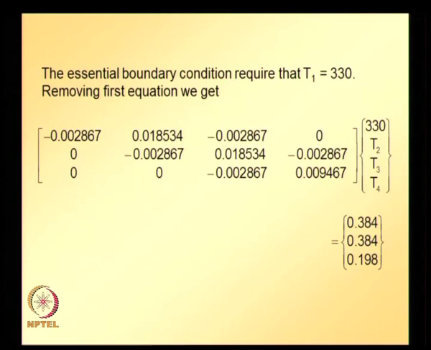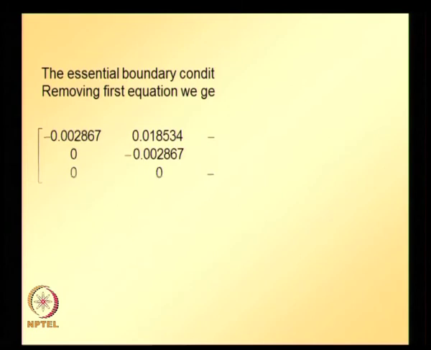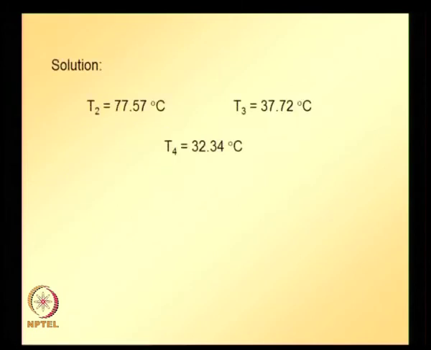And now only one essential boundary condition is given, which is T1 is equal to 330 degrees centigrade. Essential boundary condition requires that T1 is equal to 330 degrees centigrade. So, removing the first equation and rearranging and solving, we can obtain T2, T3 and T4. So, the solution of T2, T3, T4 is given,